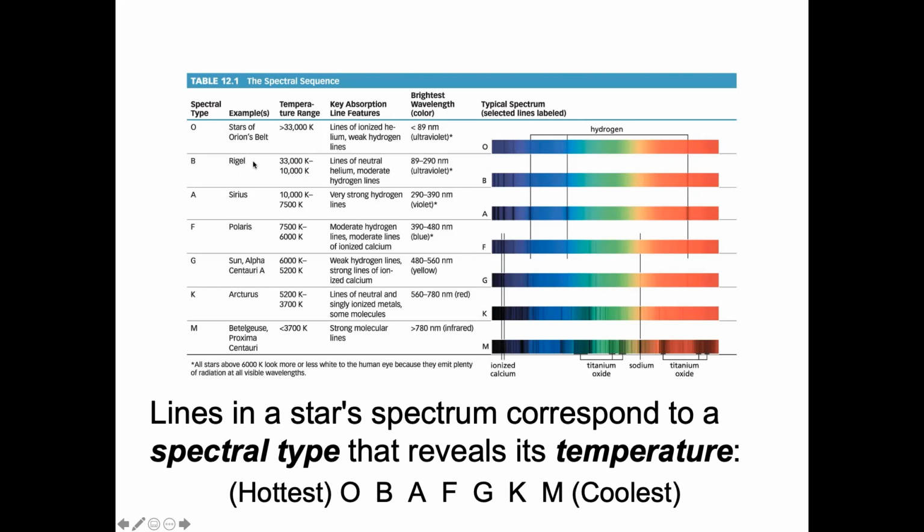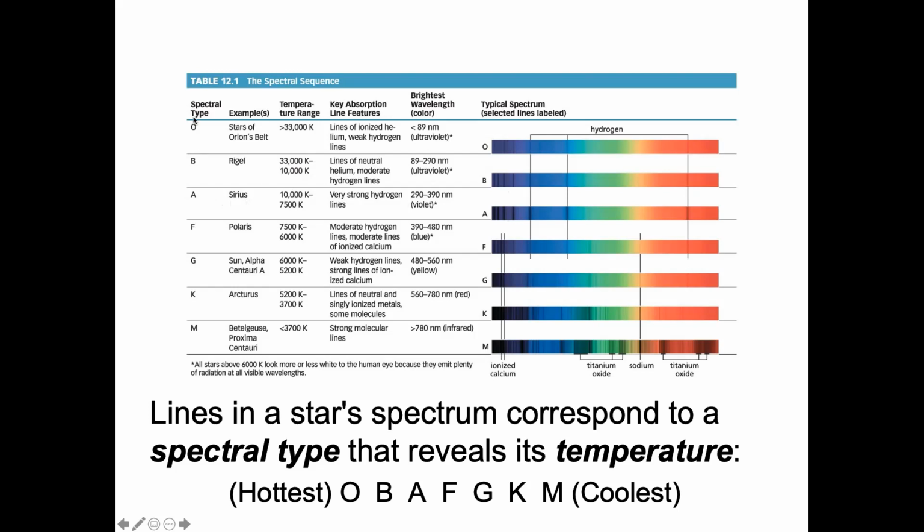And then we get to the B spectral type. An example would be the star Rigel, whose temperature range goes from 10,000 Kelvin up to 33,000 Kelvin. Again, O-type stars are 33,000 Kelvin and hotter. Back to spectral type B, the hydrogen spectral lines start to come a little bit more into play. They get a little bit darker here. As we get down to spectral type A, they get significantly darker. This would be like the star Sirius. The temperature range is a little bit more limited here.